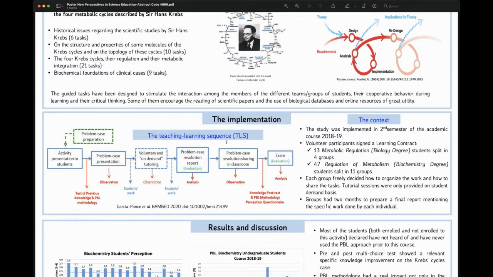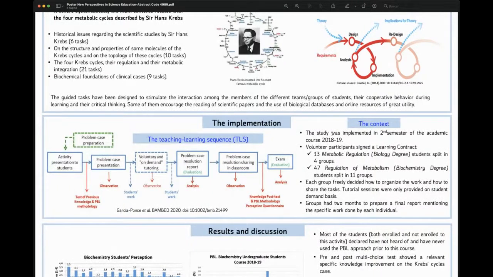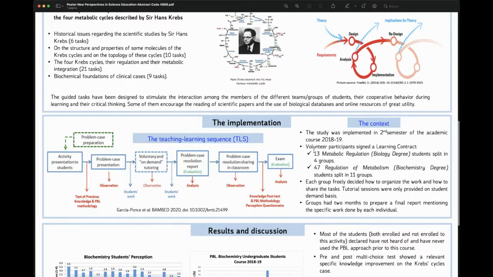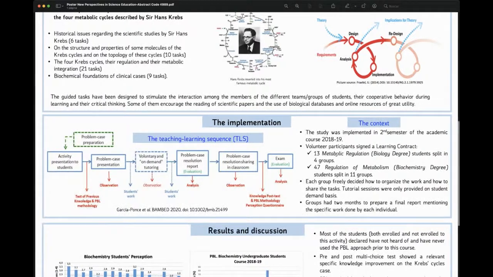This teaching learning sequence was carried out in the following specific context. First, the study was implemented in the second semester of the academic course 18-19. Second, volunteer participants signed a learning contract. A learning contract is a very useful pedagogical tool. And the number of enrolled volunteers were 13 students